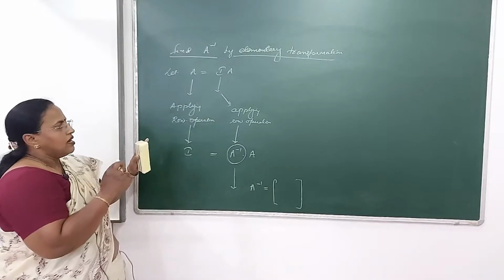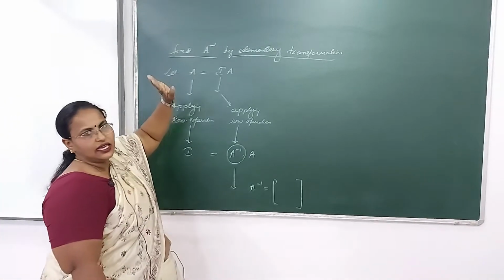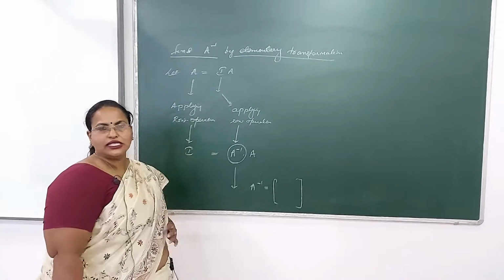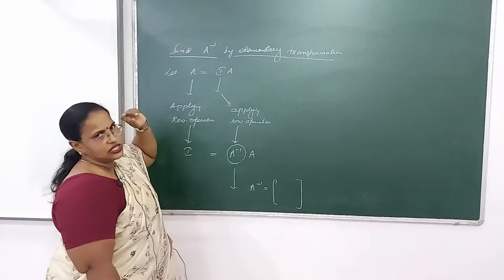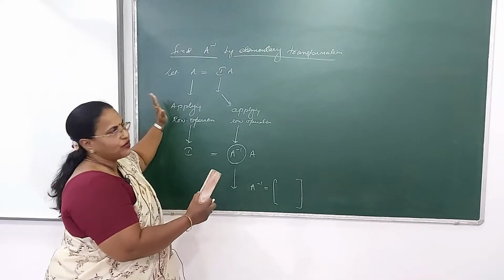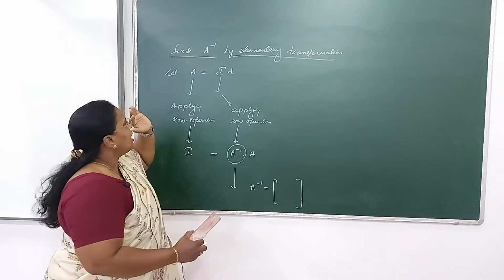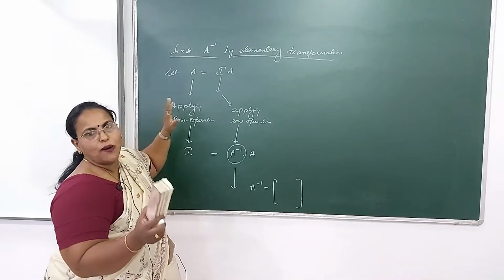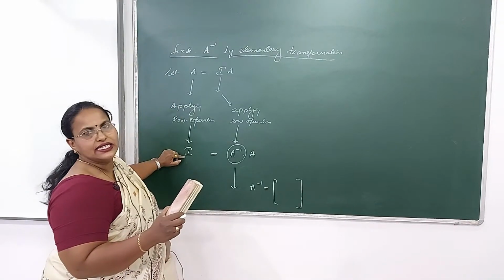So let me repeat it again. See the procedure, what to do. You will be finding A inverse by elementary transformation. There are two ways, either you can go for row or you can go for column. Now what is the procedure? This A matrix, you will be replacing by the matrix given over there, and the identity of the same order you will be taking on the right side. Now in what way will we apply the row operation? Apply the row operation on A in such a way that it is converted to identity.